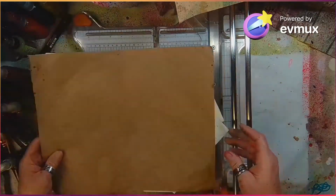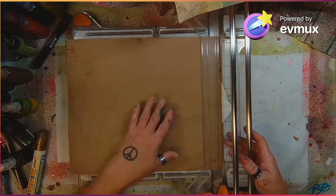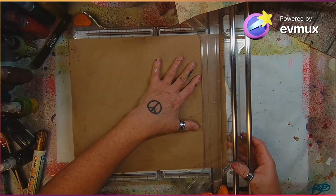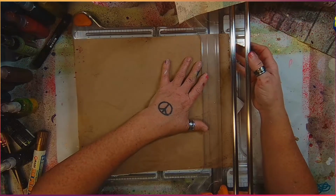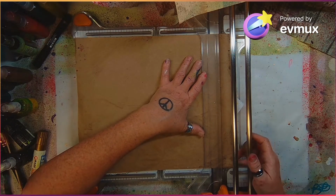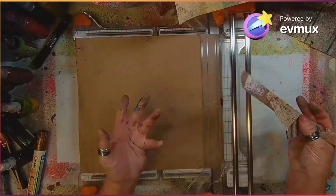So what I like to do is just cut off a chunk and line it up as best I can, because that's a 1-inch mark, and that's the 1-inch mark. They should be straight-ish. And then we'll just cut this. And then we've got a little collage piece, or you can do,